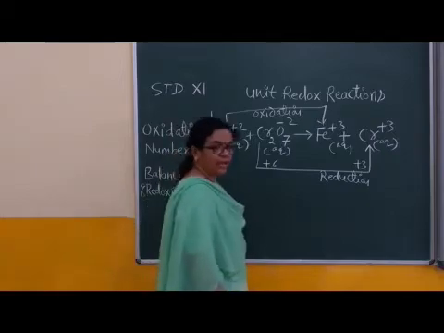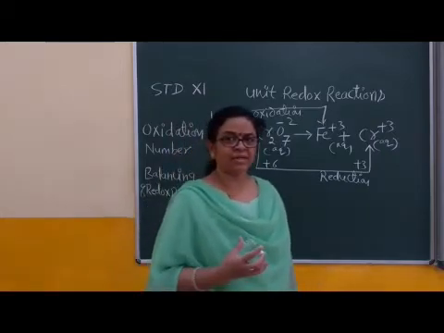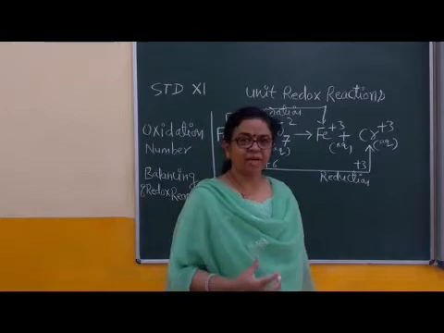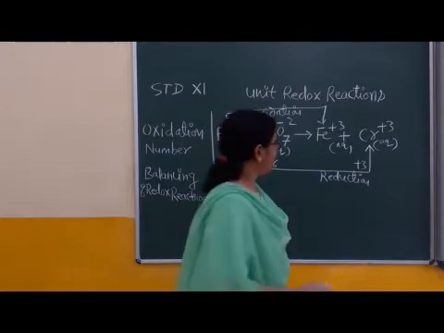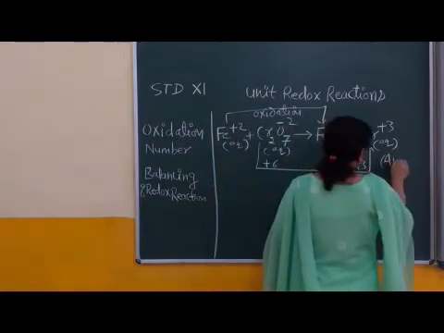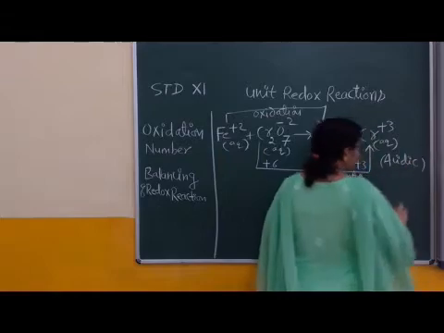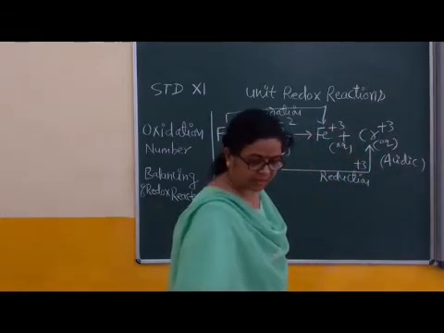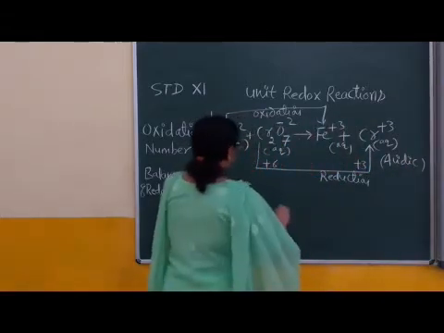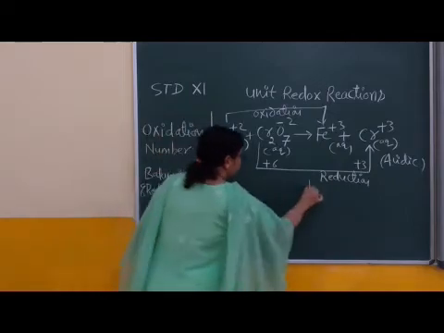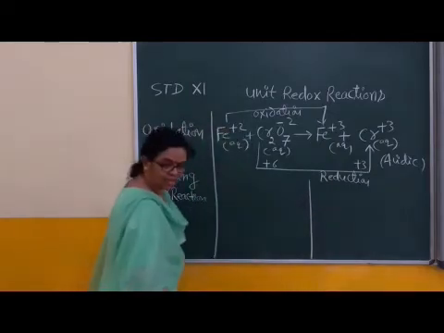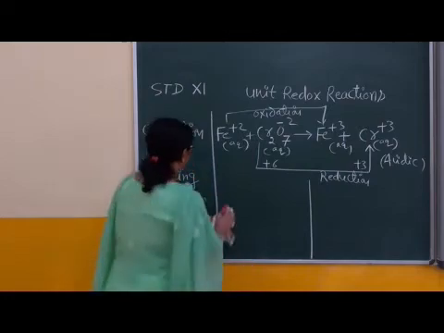Right? First of all, identify the oxidation half and reduction half, and then balance each half. This reaction occurs in acidic medium. This is taken from a redox titration. Now, first balancing of the oxidation half. The oxidation half is ferrous to ferric.